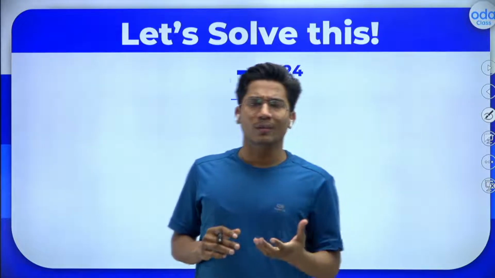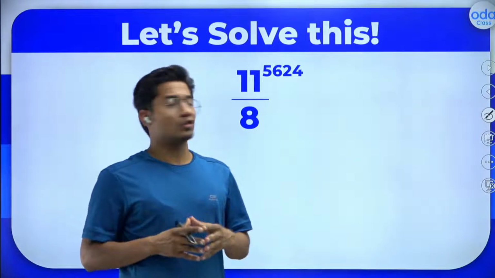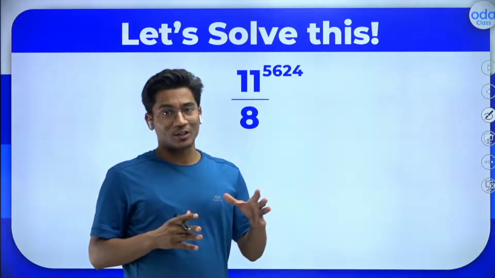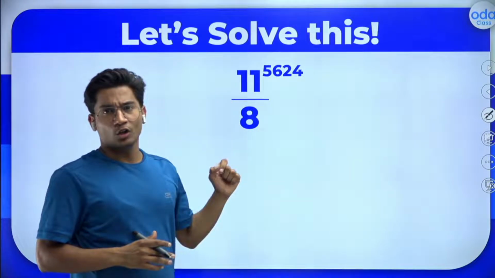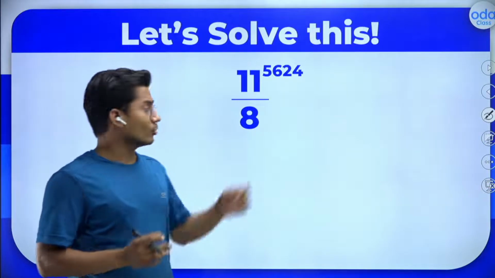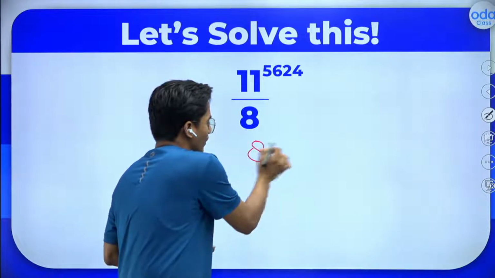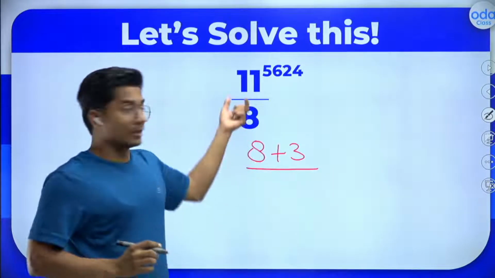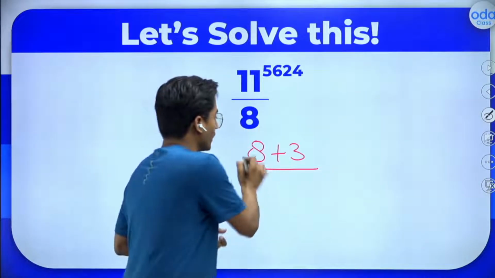But let me tell you another method, another possibility, another way with which you will be able to solve it, because we need to understand each and every aspect. So here, let's try to solve it directly. What should I write here? I'll be writing 11 as 8 plus 3. Always you have to write it in terms of the divisor only. So 8 plus 3,